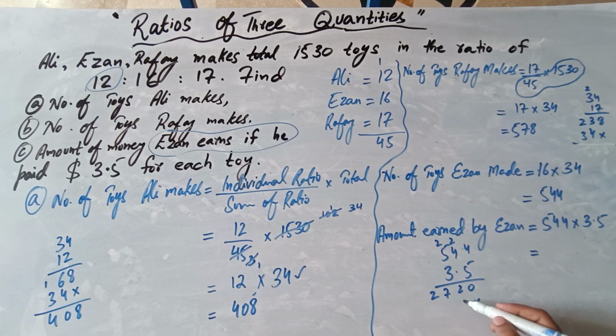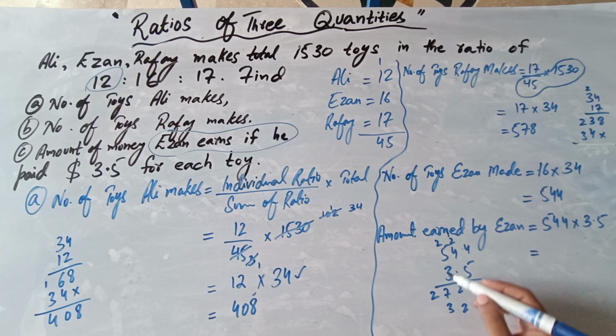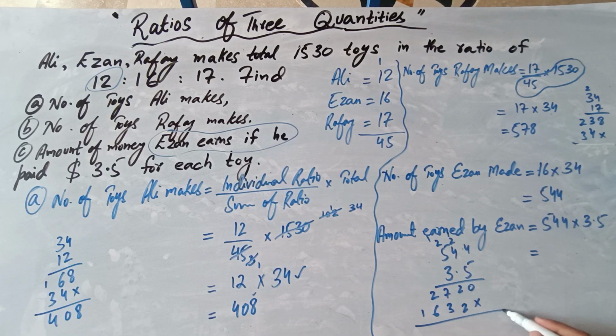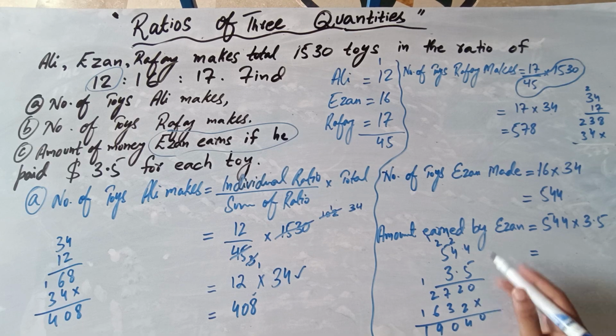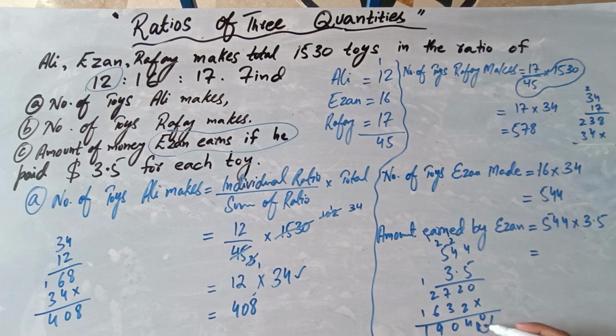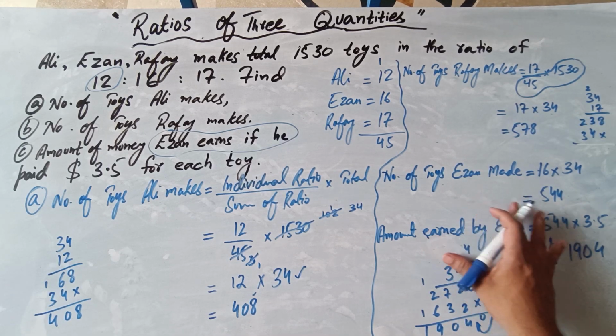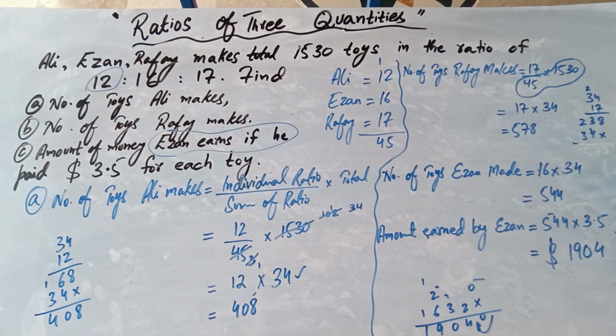Then 3 fours are 12, 1 carried, 3 fours are 12, 13, 3 fives are 15 plus 1, 16. After one decimal place, we get $1904. So $1,904 has been earned by Izan after making